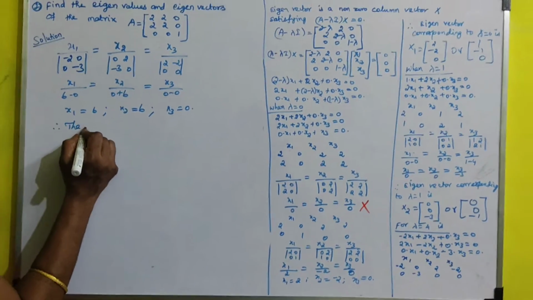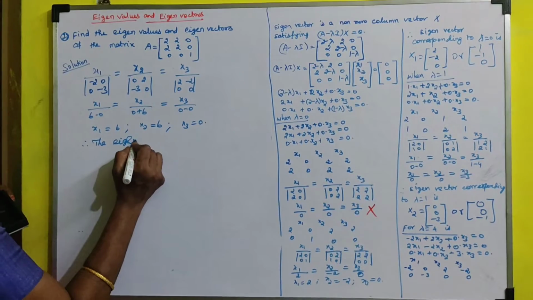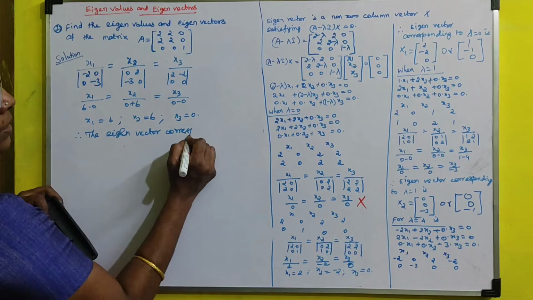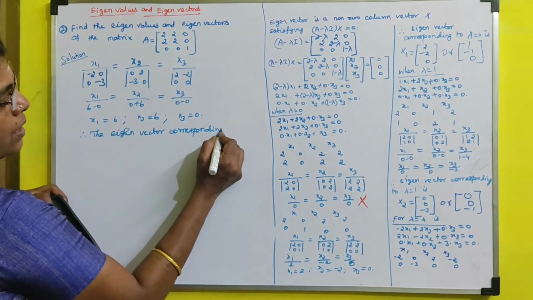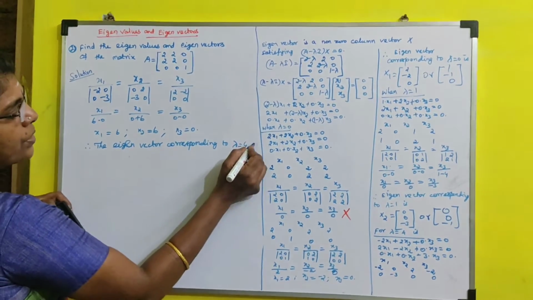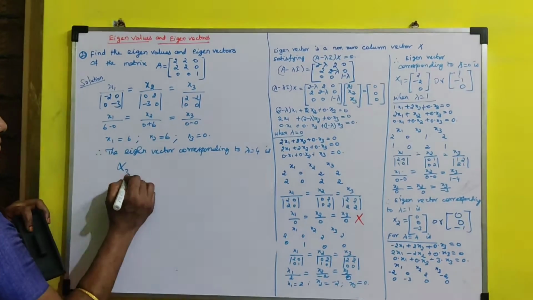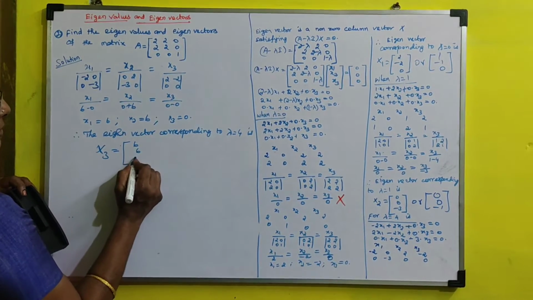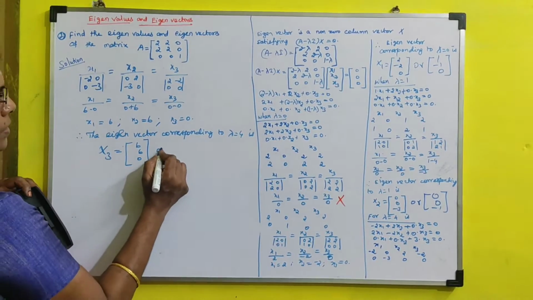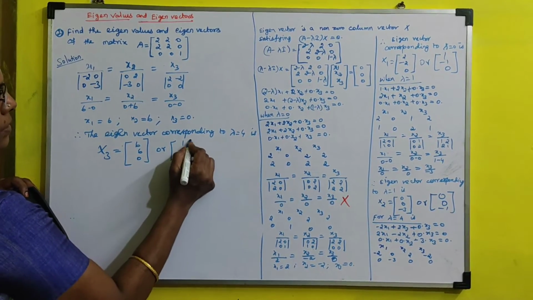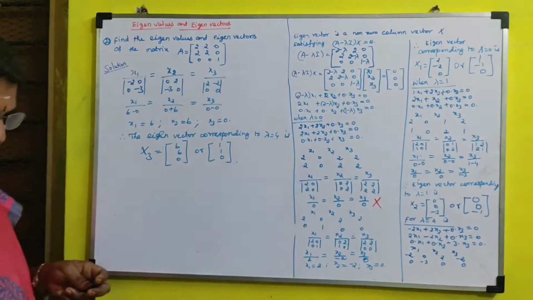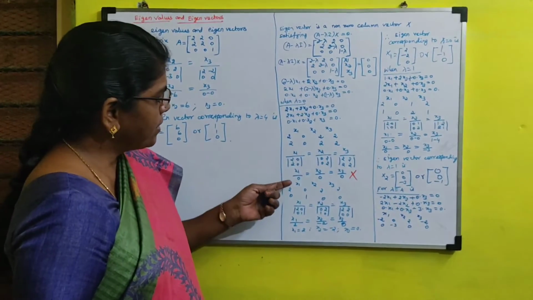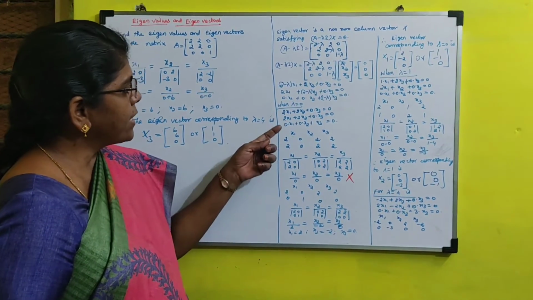Therefore, the eigenvector corresponding to lambda equal to 4 is 6, 6, 0 or 1, 1, 0. So, when you have a similar equation, we should not take the two equations, we have to take different